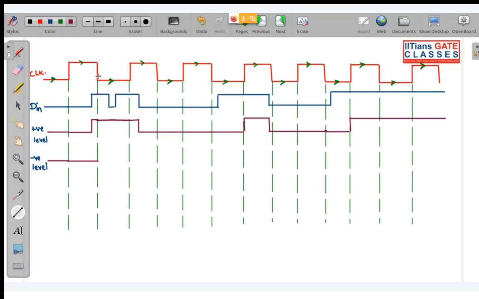Now immediately when you encounter this negative level, you can see input is high. So immediately this output will go to high. And there is a transition from high to low and back again to high in this negative level only. So same input pattern is going to be followed. Why? Because this is D flip-flop and I have assumed